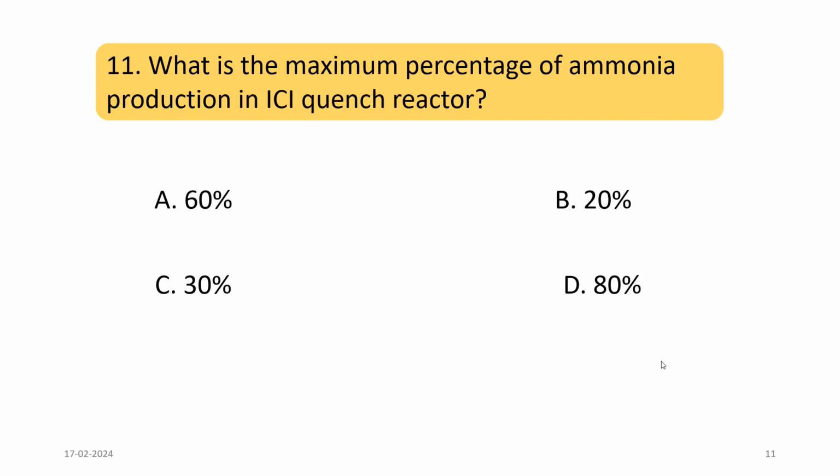What is the maximum percentage of ammonia production in ICI quench reactor? Here the answer will be 20%. Only 20% of ammonia can be produced by this kind of quench reactor. Okay, so